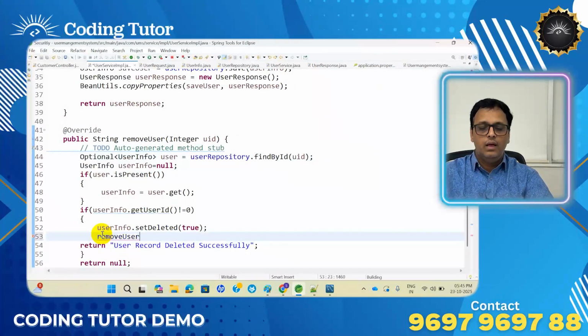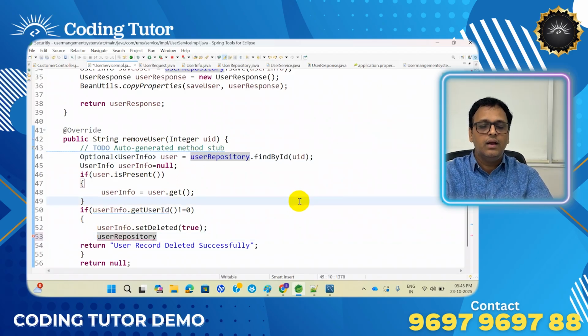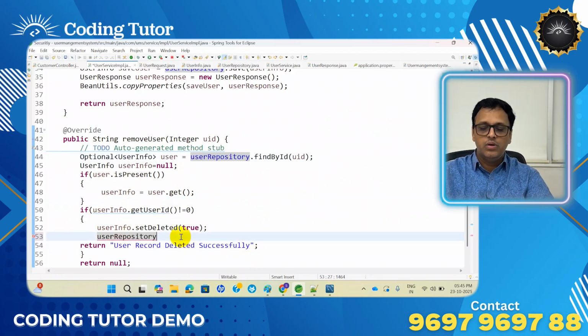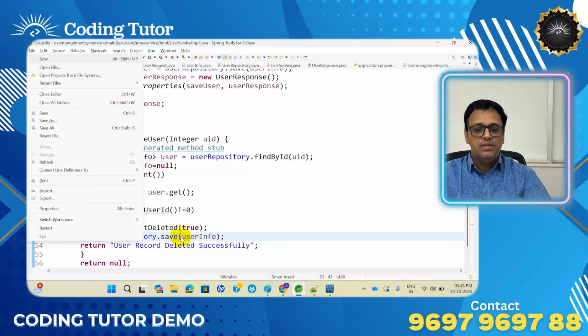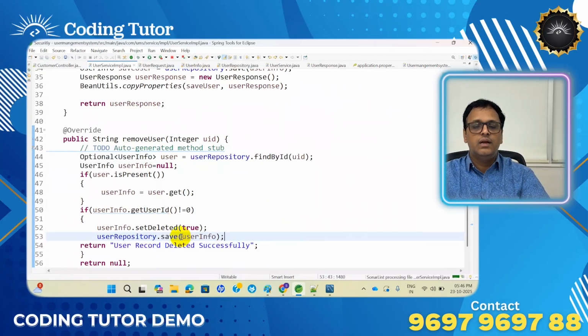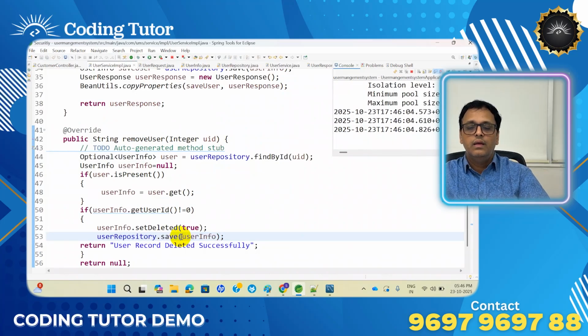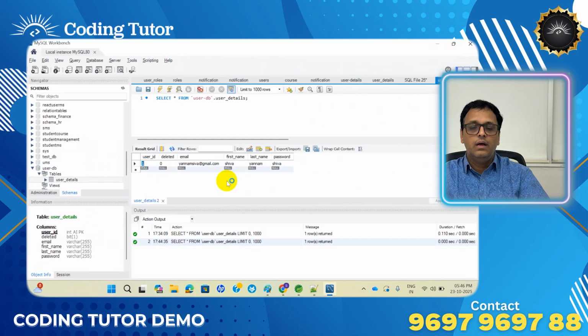Okay, remove user, repository dot. This is the right approach. Generally, people make the mistake I showed you. I wanted to show that mistake and how to correct it. User repository dot save method. Now you can use a reference variable. Once you save it, assume that the record is deleted successfully. Okay. Perfect. Right. Now,